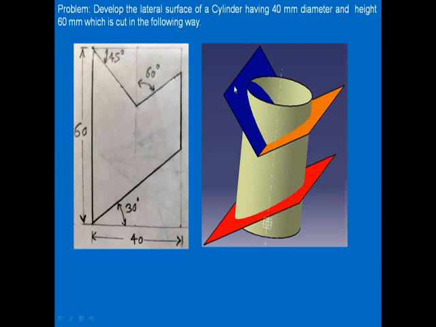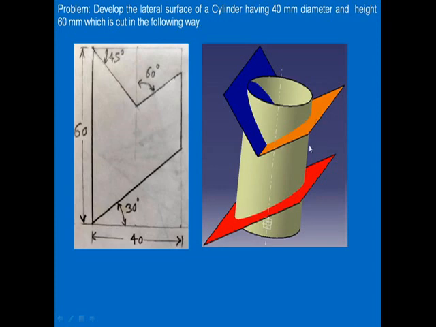The second cutting plane inclined at 45 degrees is represented in blue color. You can see it is starting from the top left corner of the top face and it is coming here till the mid, that is the axis. And you have the third cutting plane, this line inclined at 60 degrees, which is shown by the orange color section plane, starting from the axis here and moving on and intersecting the generator of the cylinder, the entire cylinder basically.